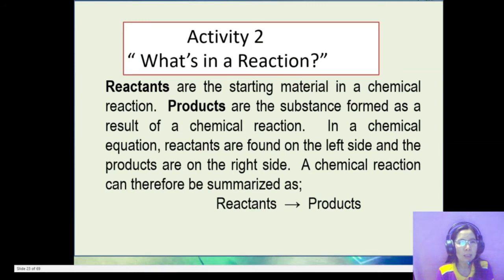This time, we are going to proceed to activity 2, entitled What's in a Reaction. But before that, we are going to differentiate two terms, reactants and products. Everybody must read what is a reactant. Reactants are the starting material in a chemical reaction. Products are the substances formed as a result of a chemical reaction. In a chemical equation, reactants are found on the left side and the products are on the right side. A chemical reaction can therefore be summarized as reactants on the left side, separated by an arrow, and products on the right side. So, remember that in writing a chemical reaction